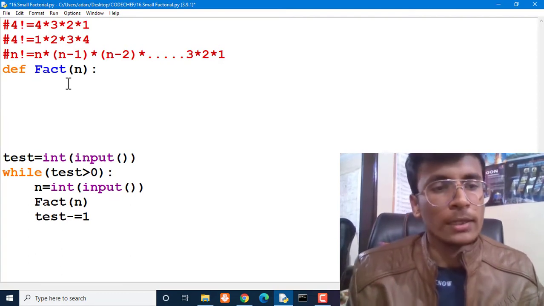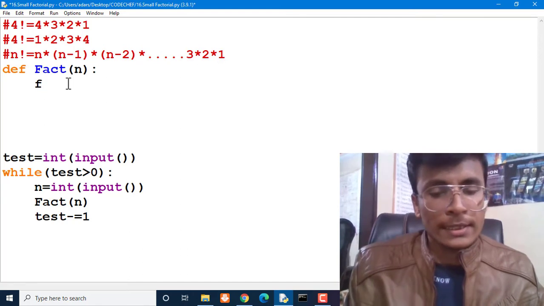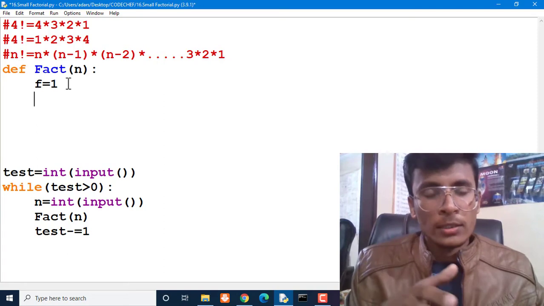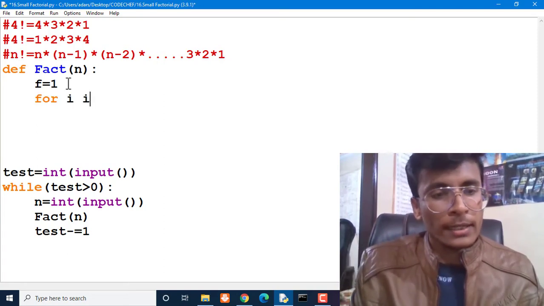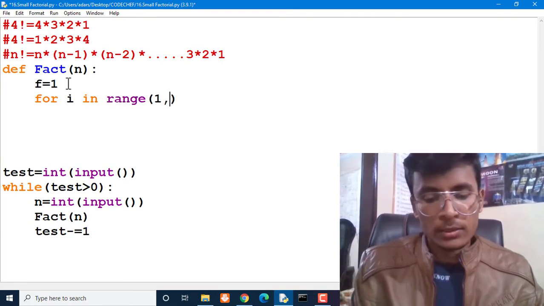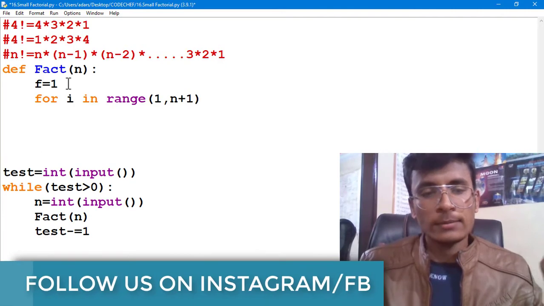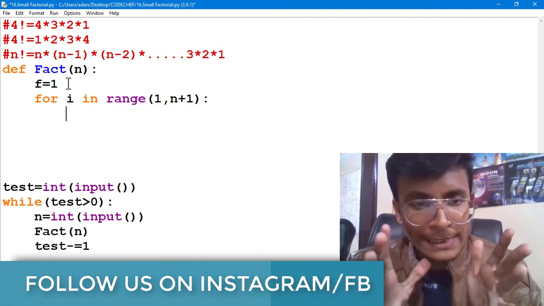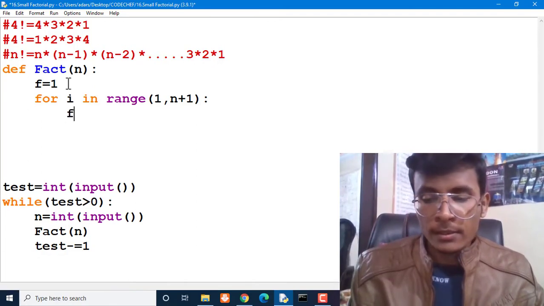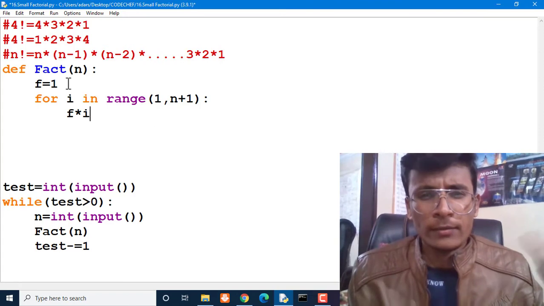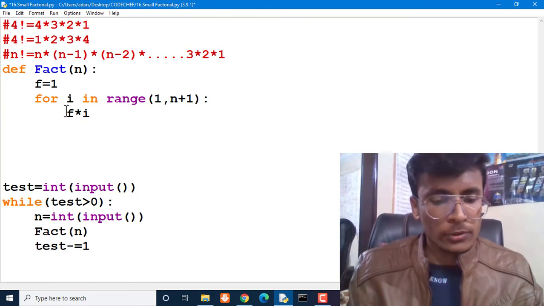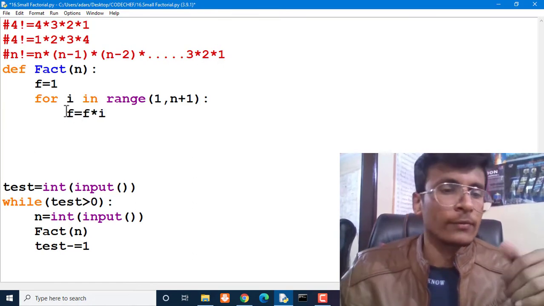So how can you calculate the value of a factorial? Let's create a variable f equal to 1, and then iterate from 1 up to n. So for i in range 1 to n plus 1, to run n times. For each iteration of this loop, we take the product of f into i, that is, multiplication 1 into 2 into 3 up to n, and store it into f.